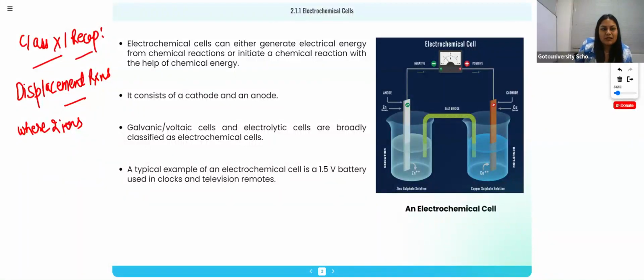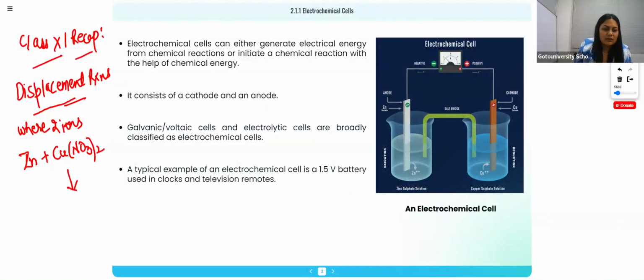By displacement reaction we mean, say we are having two ions. Let's take an example of zinc and copper nitrate, which we are going to study